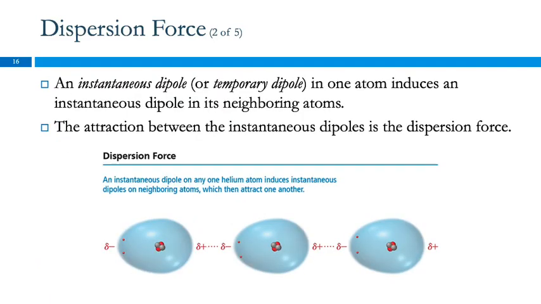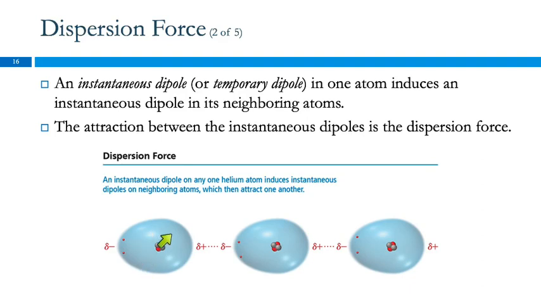That's called an instantaneous dipole or a temporary dipole. It doesn't stay that way. It goes back, and then an instantaneous dipole can happen again. And these things come and go very quickly. But when we have an instantaneous dipole in one atom, it can induce an instantaneous dipole in a